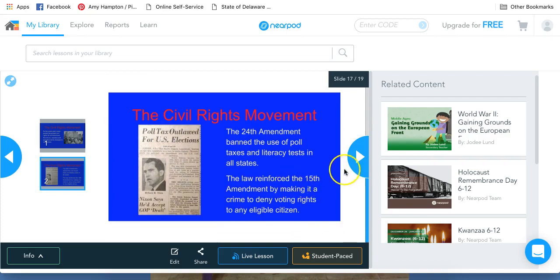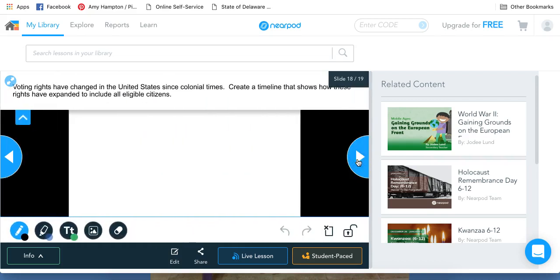It helped to reinforce the 15th Amendment. And then I really liked this component. It's called Draw It. It's a component of Nearpod, and I'm going to ask them to create a timeline, and they could do that using a pencil or marker. They can type, they can add pictures. So they would spend a little bit more time on this, but it also helps them to be creative, helps them to put things sort of in place, and then they can use whatever pictures they want or text, and it can be